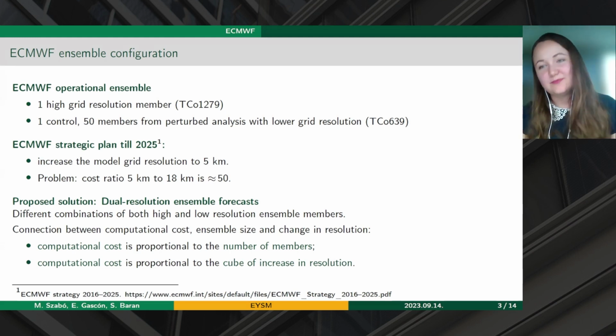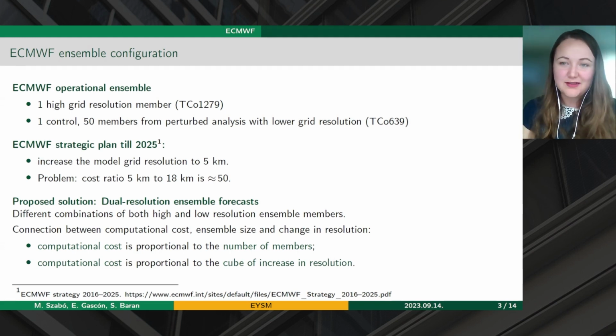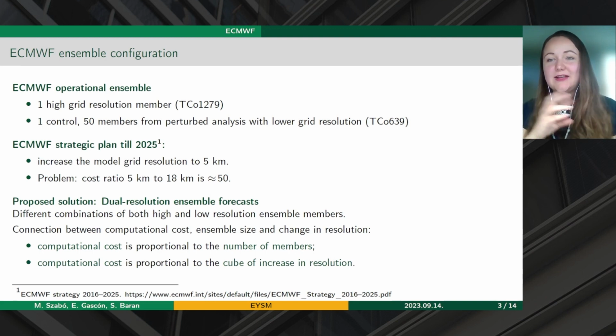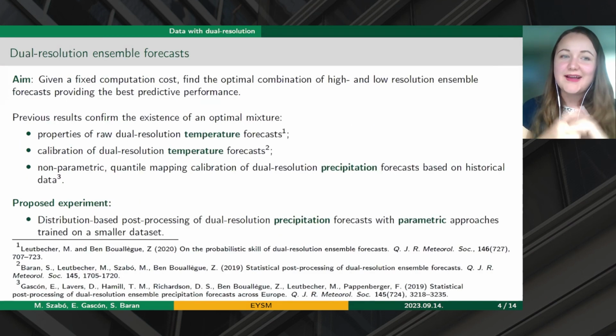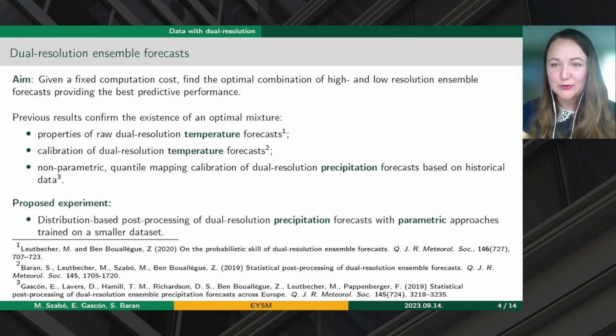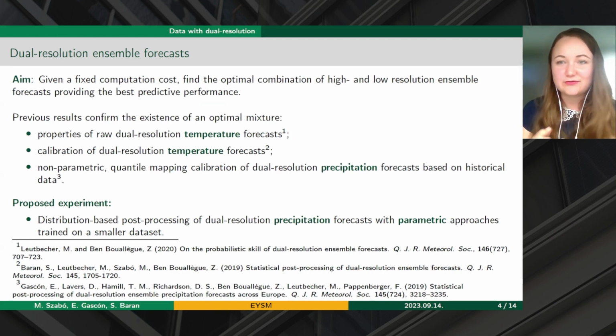So the idea is that we could have more of them with the same cost, and we could have a smaller amount with higher resolution. The aim is that they fixed a computational cost in regards to their operational system. And with the same exact computational cost, they wanted to set different combinations to try out and to analyze whether they provide a better predictive performance in terms of calibration, of predicting better results and